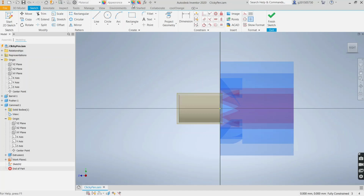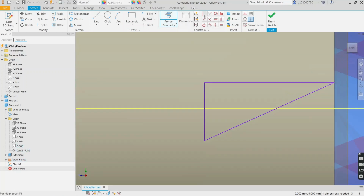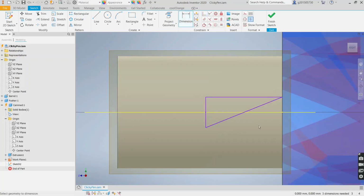So the emboss feature, and we want it to engage. So we're going to want the midpoint to be here. Okay, we can project the z-axis, and we can make this on the z-axis, and then we can make this, just choose 22.5 degrees, and then this will be,